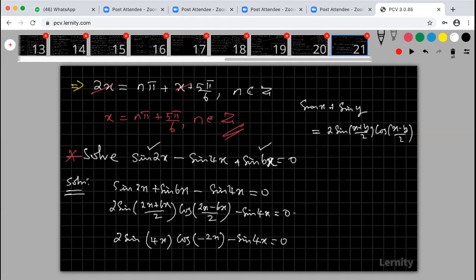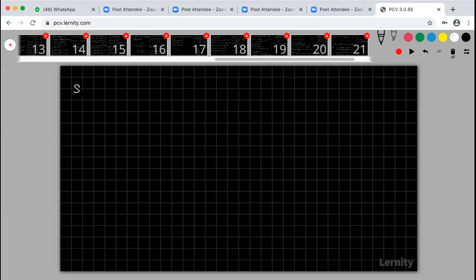What about cos of minus 2x? That is cos 2x only, right? So therefore, this is 2 sin 4x cos 2x minus sin 4x equal to 0. Now look at that. My sin 4x is common in both terms. Take sin 4x commonly. I will get 2 cos 2x minus 1 equal to 0. So therefore, taking sin 4x commonly, sin 4x into (2 cos 2x minus 1) equal to 0. So that means